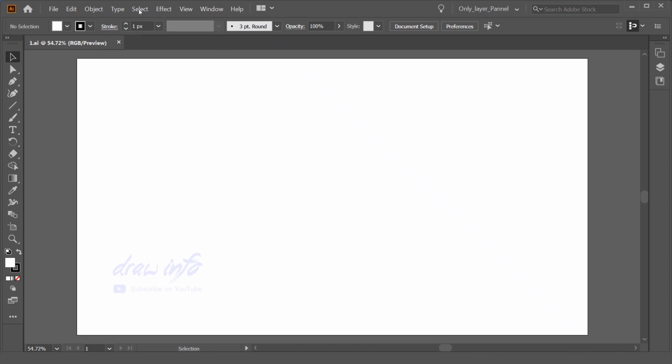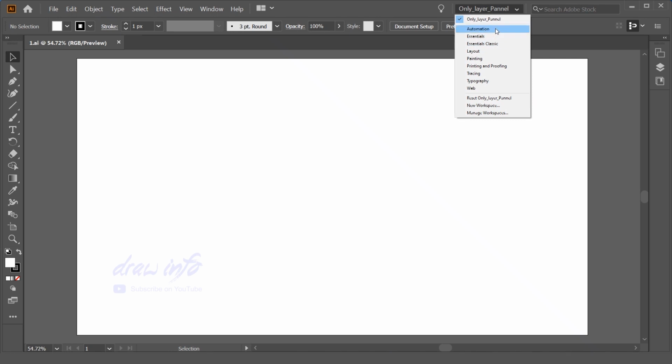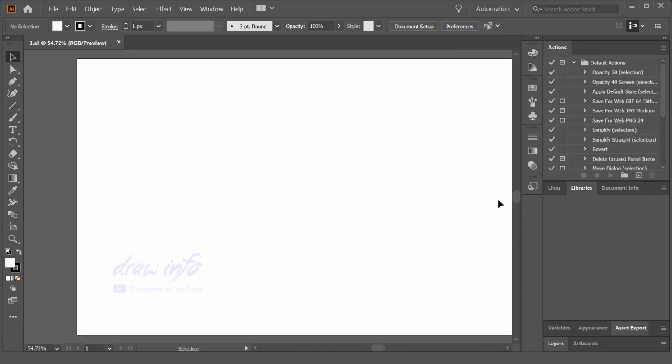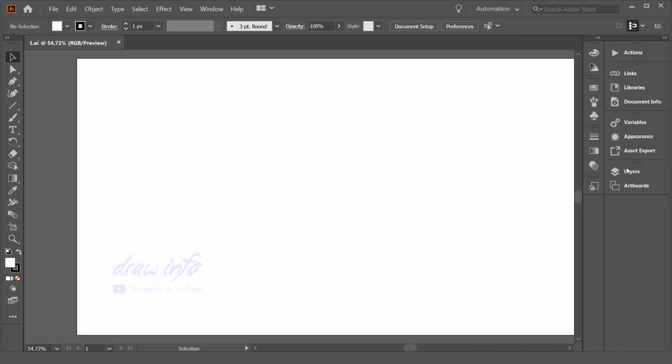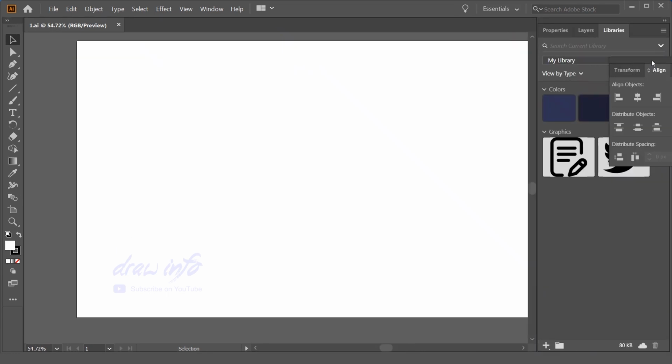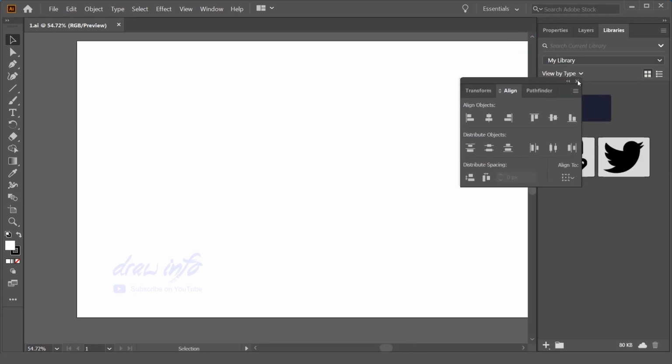So the basic interface in Illustrator, you will find this kind of interface over here, and a predefined layout is there. I'm going to show you the user interface one by one. So this is Automation. Once you click on Automation, this kind of layout opens over here, which has multiple panels. If you go inside Essentials, in Essentials you will find these options over here.